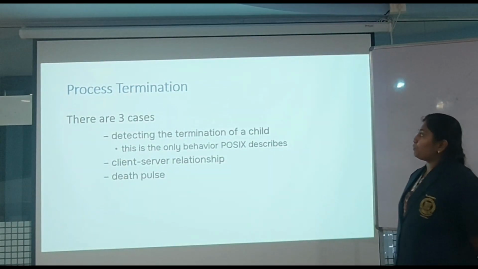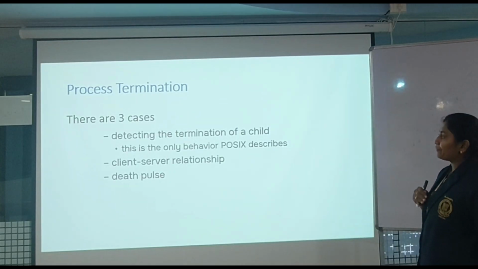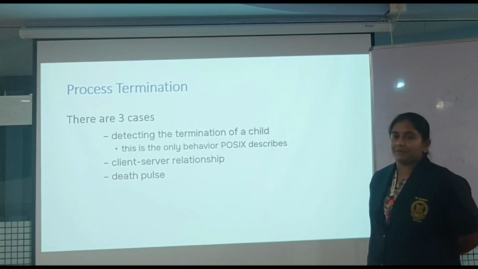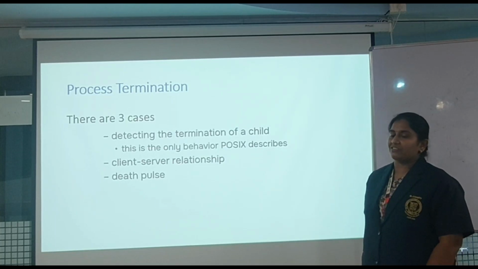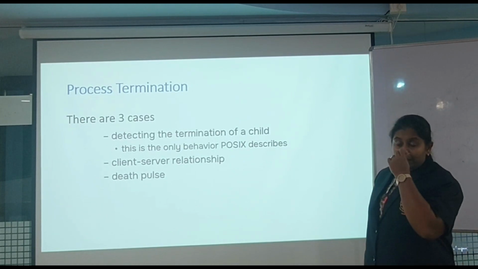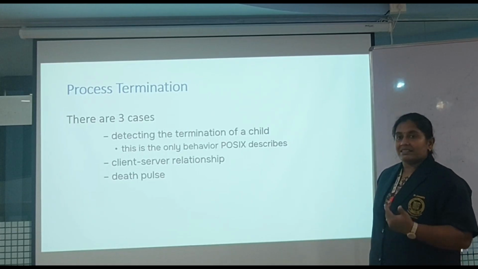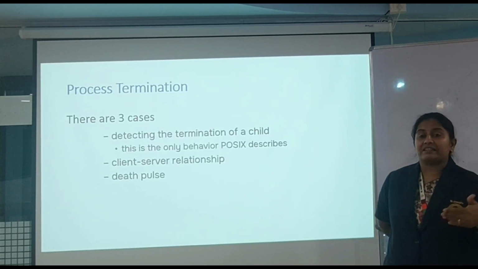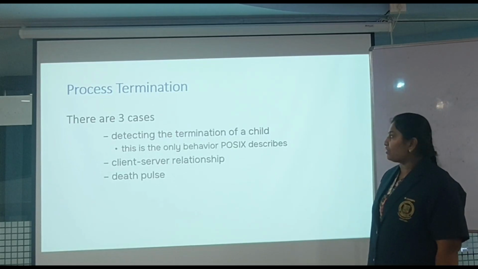Then there is process termination. There are three cases of process termination. Number one is detecting the termination of a child. If there is a parent-child relationship between two processes A and B, then the death of a process is described in POSIX. How the detection of the death of a child is done is obviously true here also in